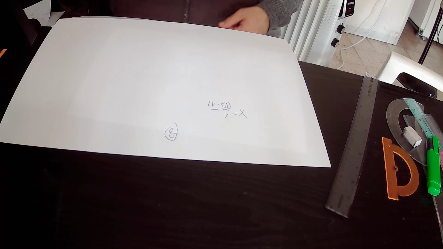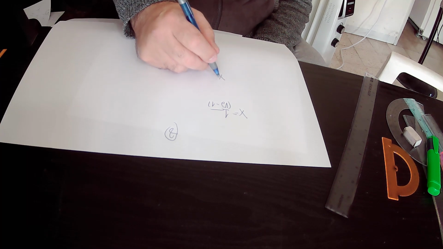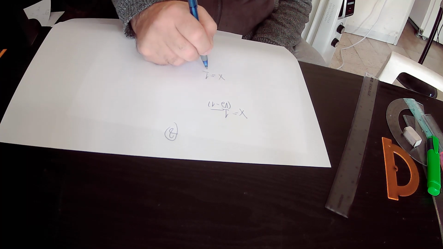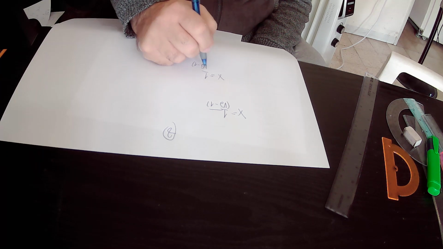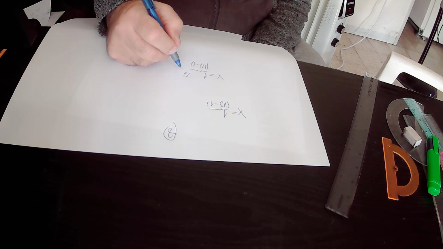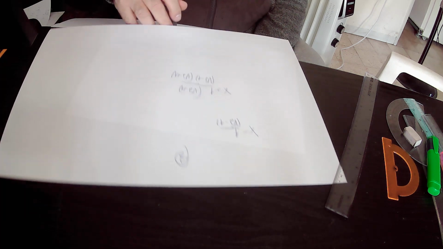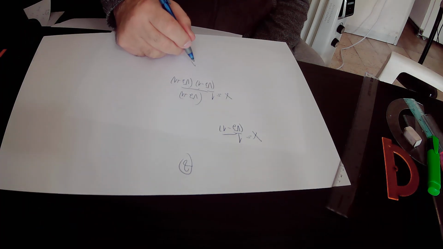Here we'll multiply this expression by square root of 2 plus 1, and then we divide it by square root of 2 plus 1, so we change nothing. So x equals